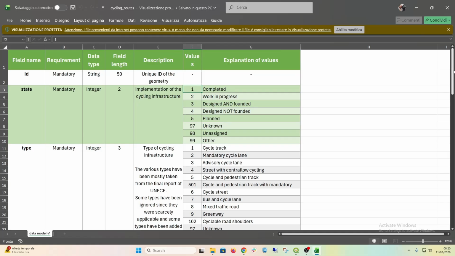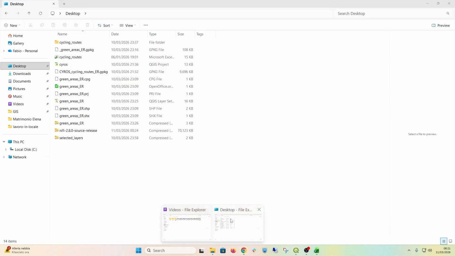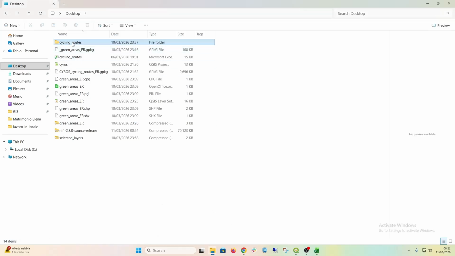So you have to fill it yourself. But once you create the geometry, you will be asked to enter values in the exact same fields of the data model. So it saves a lot of time. So let's pick my blank shapefile. I've put it inside of cycling routes as well,